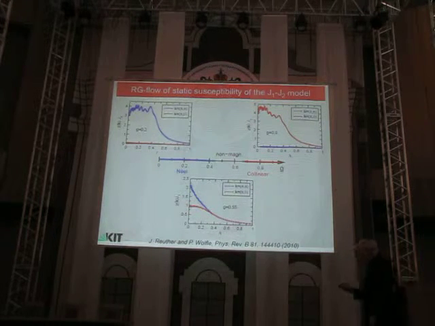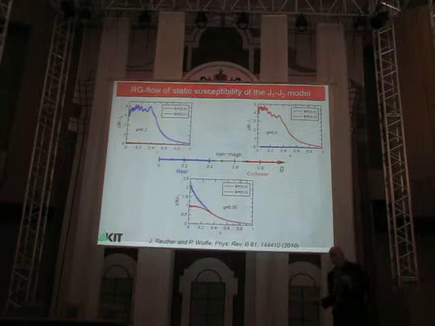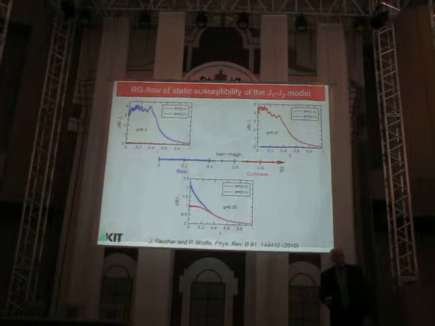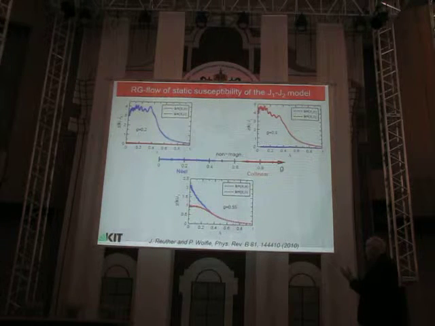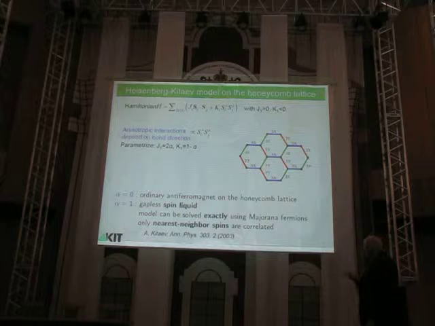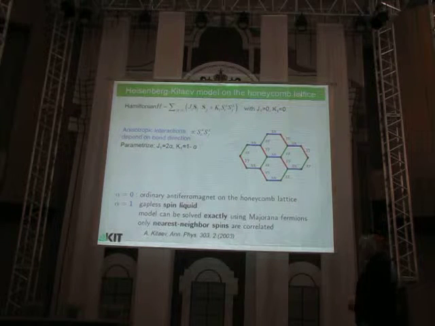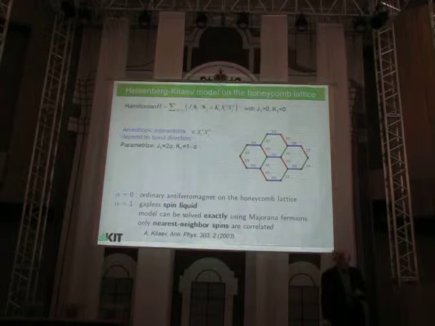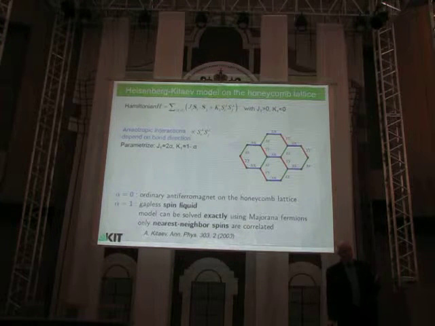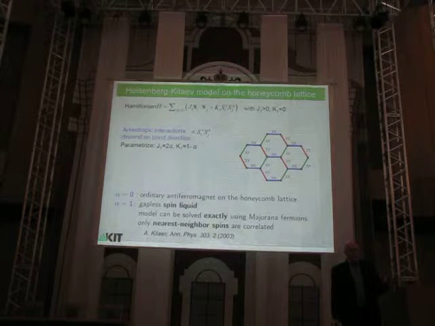Okay, good. Now we have also looked for other signatures like plaquette order, dimer order, and so on. But this search, I have to say, was not successful, so we cannot be absolutely sure what the order is in this case. Now the next interesting case is the so-called Heisenberg-Kitaev model on the honeycomb lattice. Why is that interesting? Well, that's interesting because of an enormous breakthrough